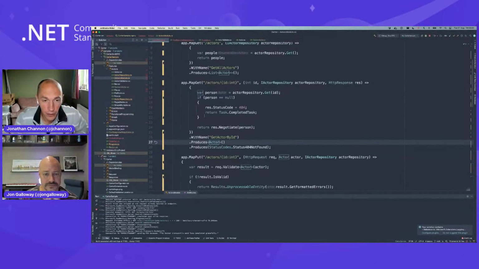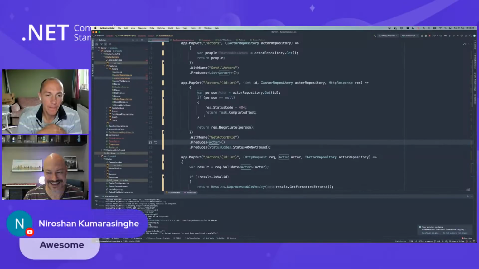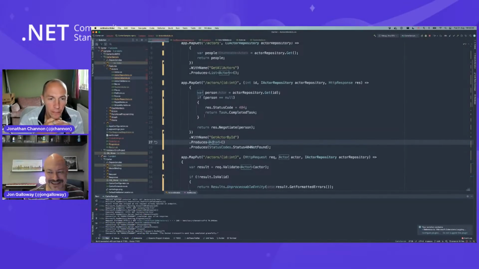It has content negotiation, which, depending on who you speak to, is useful. Some people always return JSON, so it might not be useful. But I'm hoping there's still value in Carter at the moment. Anyway, there's a lot of positive response. People are liking it in the comments and saying, love it, this is awesome, and that sort of thing. So good to hear.